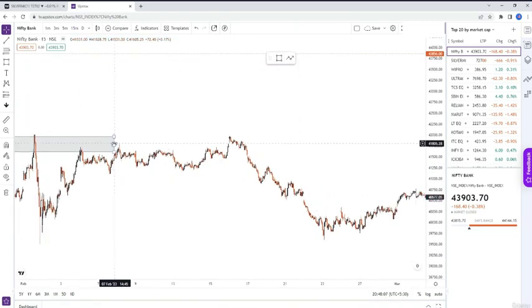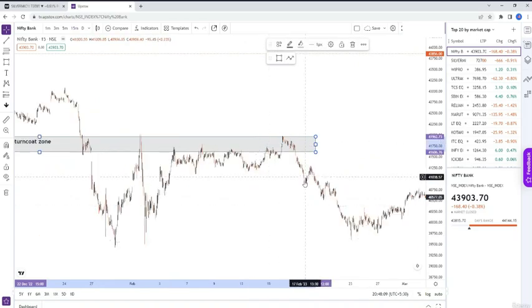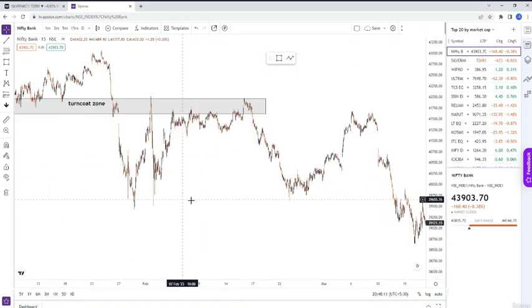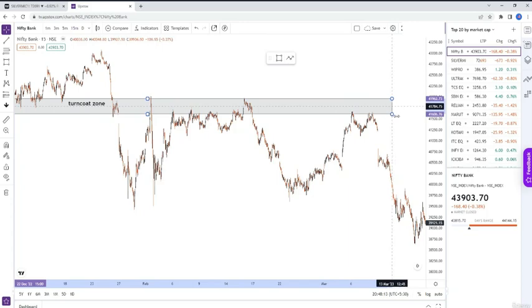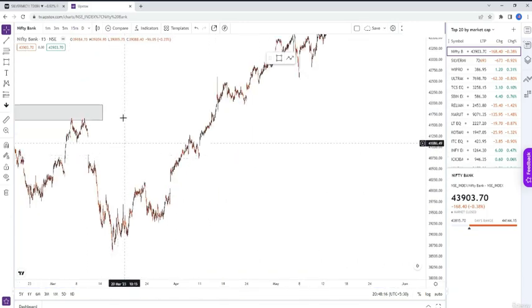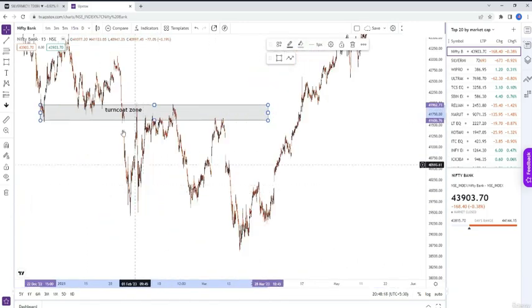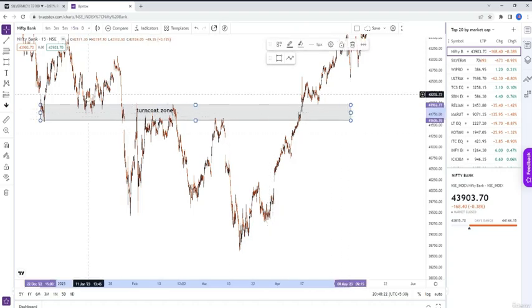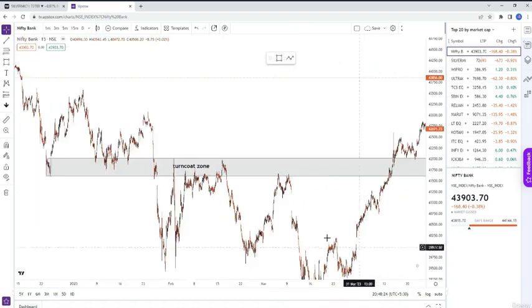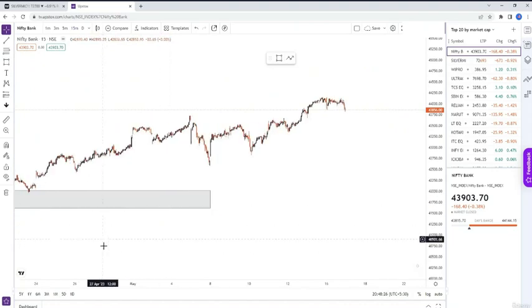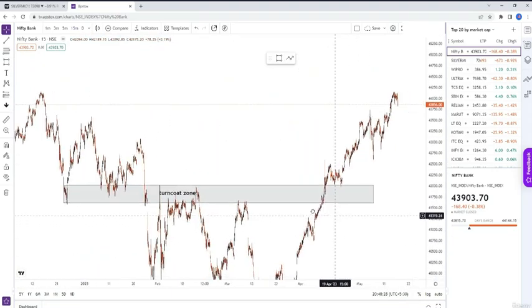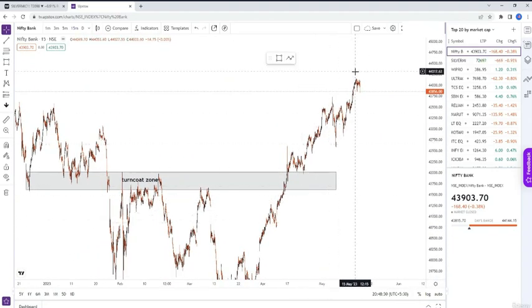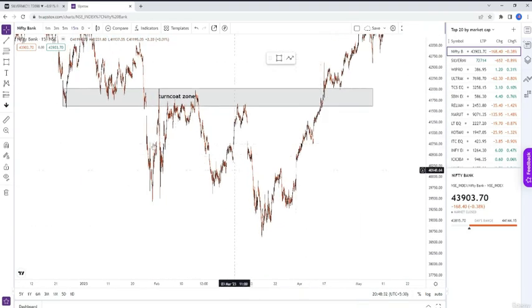Even in future, we were respecting this area a lot, multiple times. And you see what happened. This is a very strong turncoat zone, and see what happened when we broke this area. When we retested from this area, we also saw very strong momentum to the upside. If you find this area on a 15-minute chart, whenever it's breaking,